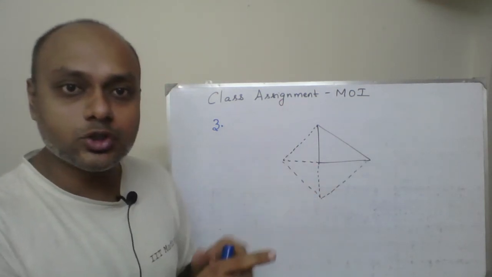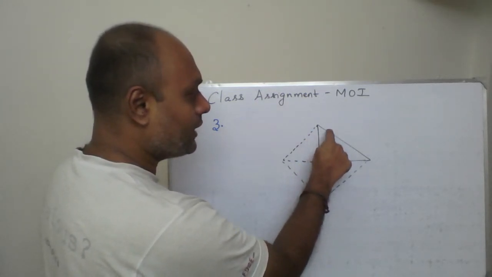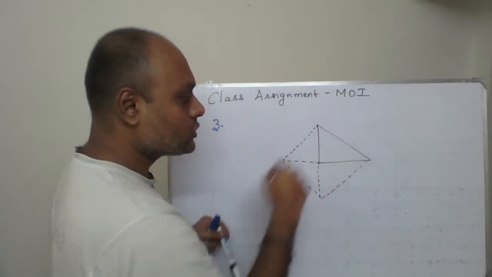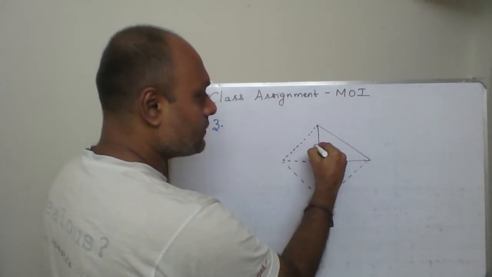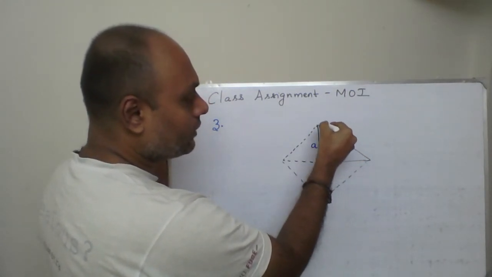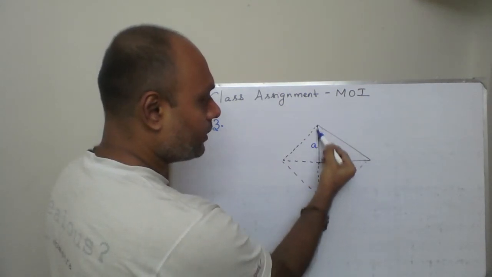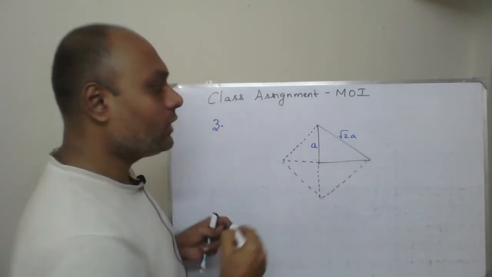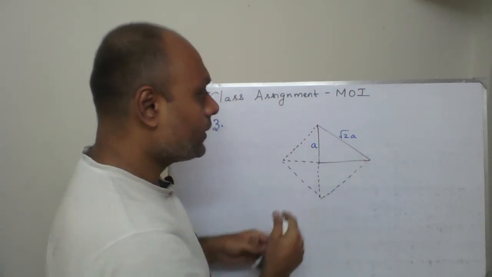Now you will generate a square. Because this angle was 45, totally this angle is going to become 90. This will become 90, 90, 90. So essentially what you have is a square. Now the side here, this height was given to be A. So I can get this hypotenuse, which will be root 2A, right? Because this is A, this is A, this length will become root 2A. So root 2A is the side of the square which has been generated.